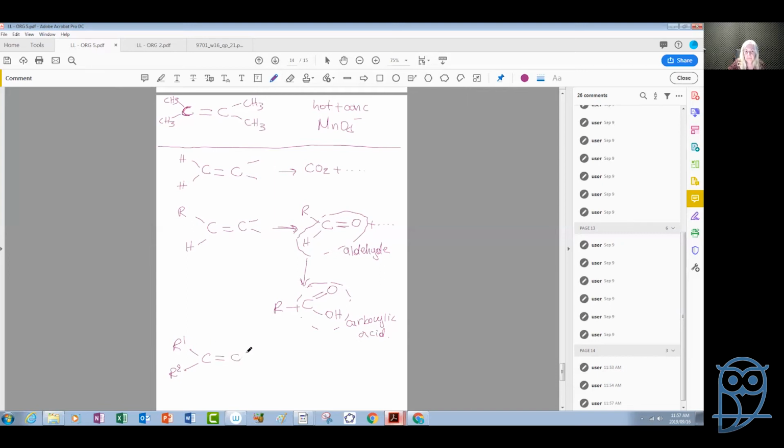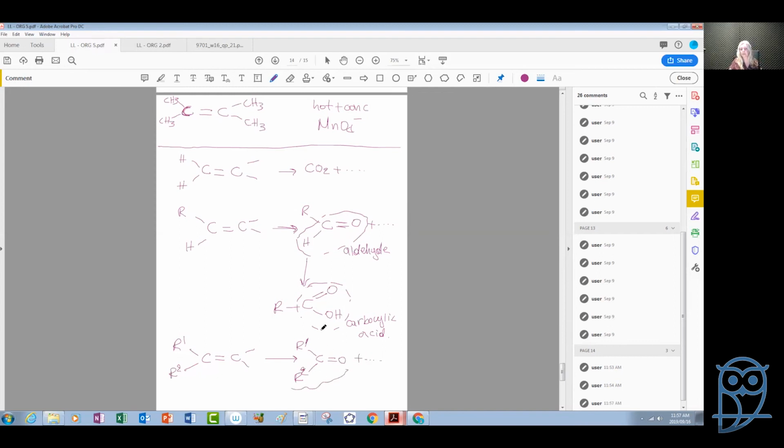And what happens in this case after oxidation? This will stay the same as in the previous case. That will be R1, that will be R2, but here we'll have the oxygen, and this is of course